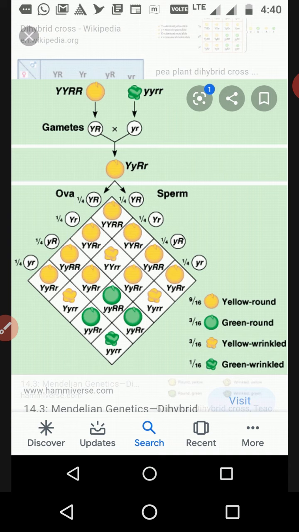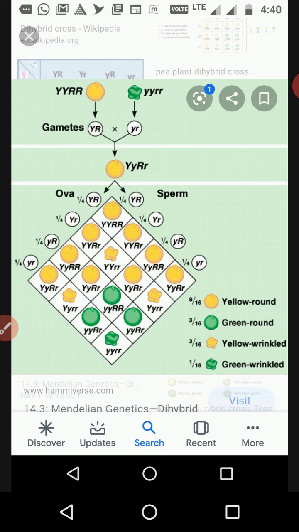So for the egg cell, there will be four conditions. We can get four conditions because in a heterozygous plant we have four conditions, and those four conditions are for the female egg cell. First is small r, small y. Second is small y, small r. Third is capital R, capital Y, and fourth is capital R, capital Y. Clear?